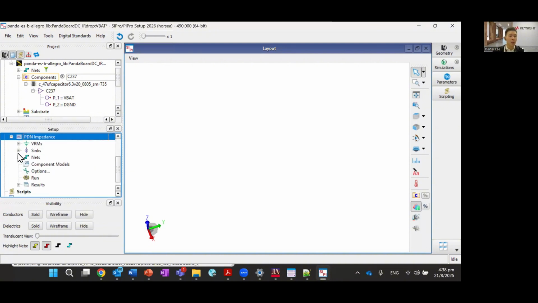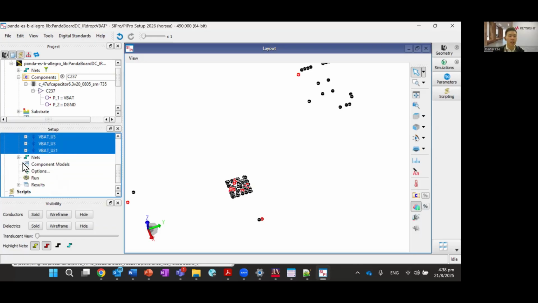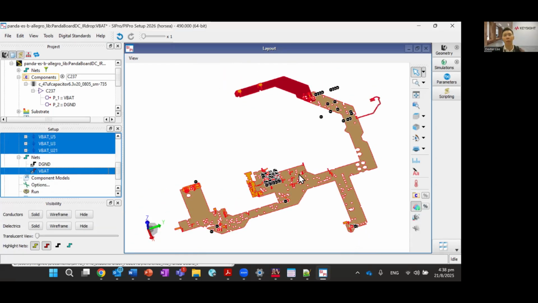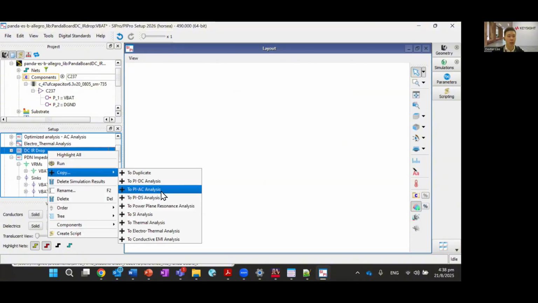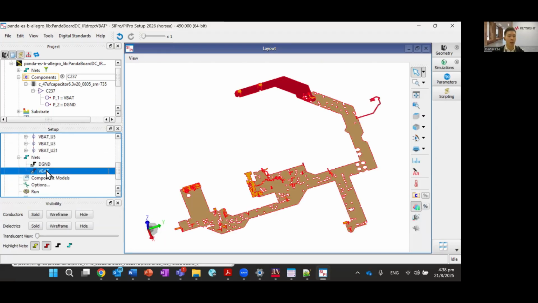All the VRM and the sink that were previously defined in your DC IR drop will be copied to the AC analysis, which we'll be using for our PDN impedance. So just make sure to duplicate it to the AC analysis. And once that's done,